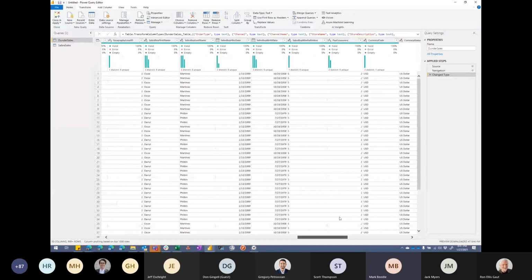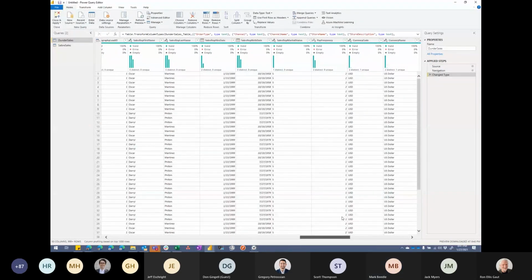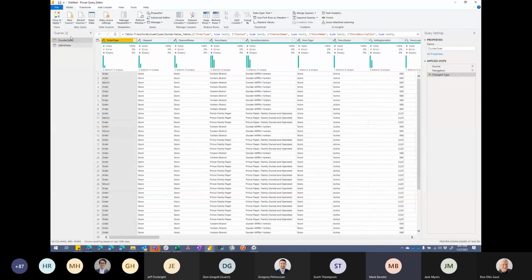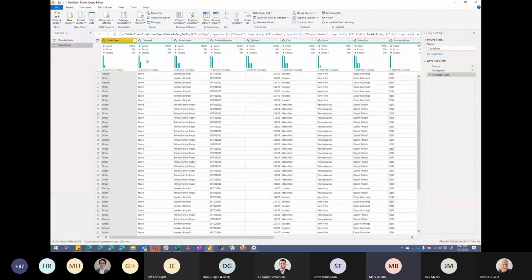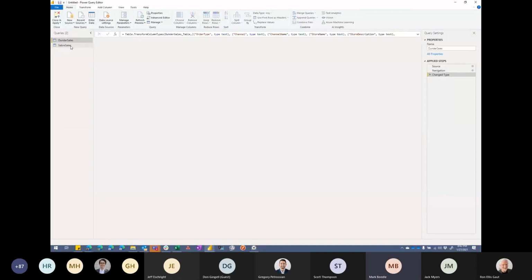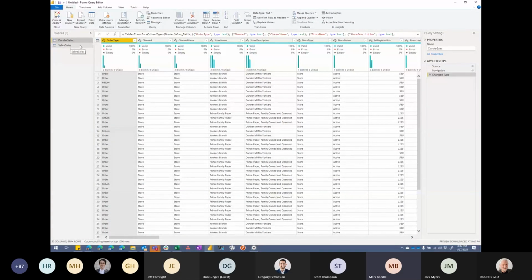I've got to do something with this, and I really want them in one table. I want the center of my star to be a sales data table. But I don't have the same columns in my Dunder sales and my Sabre sales. But I think I have almost everything in Sabre that I have in Dunder Mifflin. So let me try this.